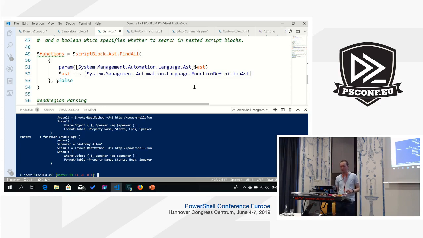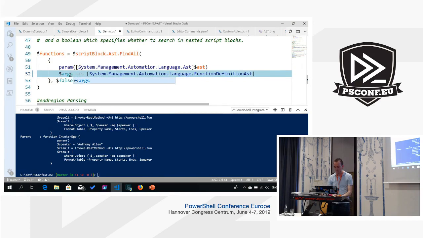If you wanted to, you don't have to add this param here. You can do something like args[0] just to get the first argument. So when you run this FindAll, it's going to put in every single AST, and if it returns true, it matches, like a Where-Object on the AST. So here I'm looking for the function definitions in my script. If I run this